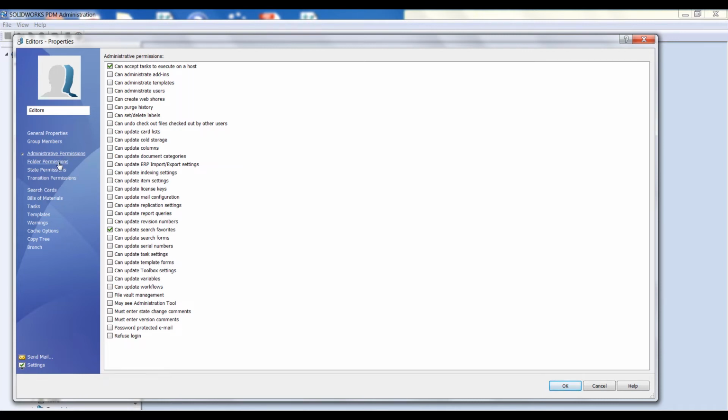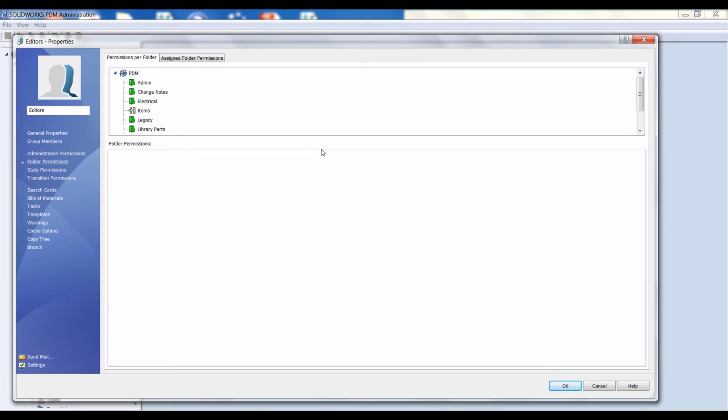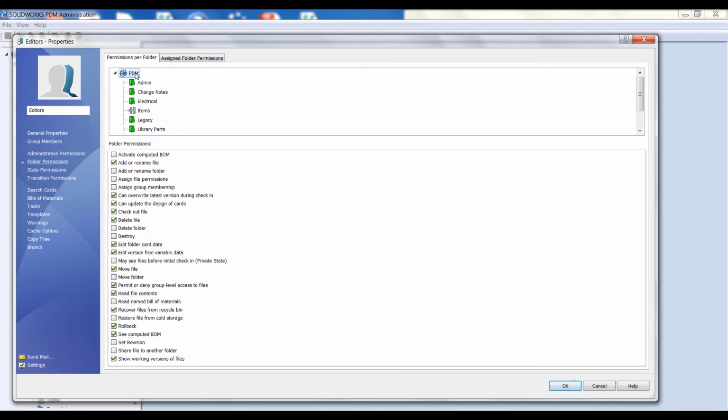The next level down is folder permissions. As you very well know, PDM is based on a Windows folder structure, or at least the Vault view that you and your day-to-day users see is based on a folder structure. Clicking on any folder will bring up the list of permissions for a particular folder there. The list of permissions is always the same, and whatever level you assign permissions at, subfolders automatically inherit the folder permissions unless you specifically click on those subfolders and add or remove inherited permissions from the folder above.